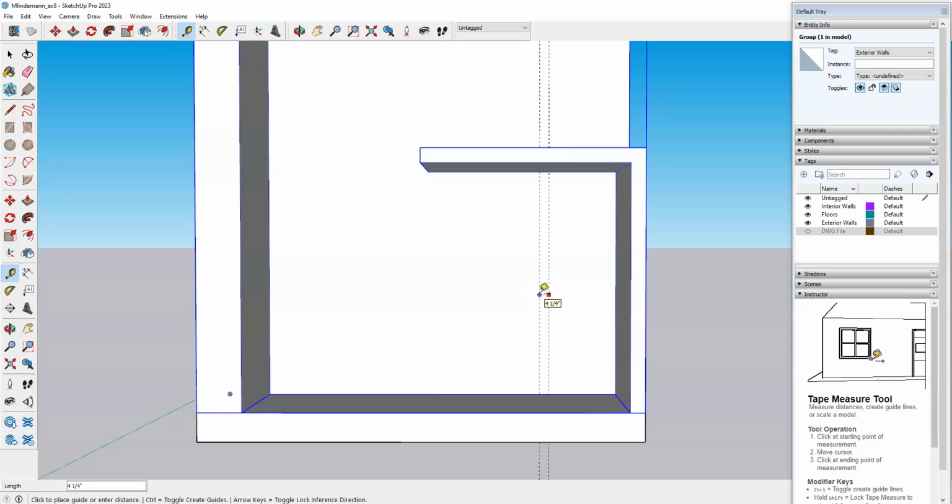And then from there, I can bring another guideline out 3 foot. So I'll type in 3 foot, enter. And that should be the width of my doorway. And so now that I've kind of got my work plane set up, I'll go to more of